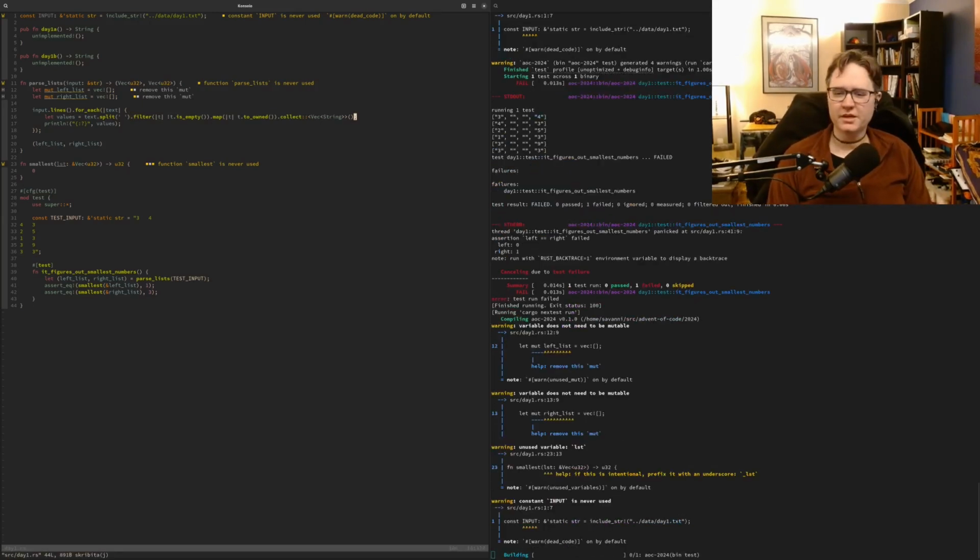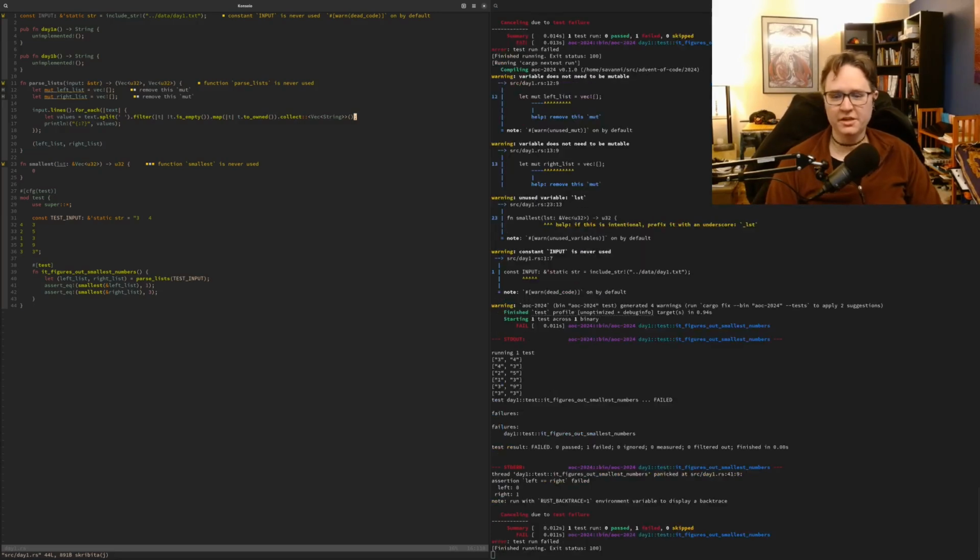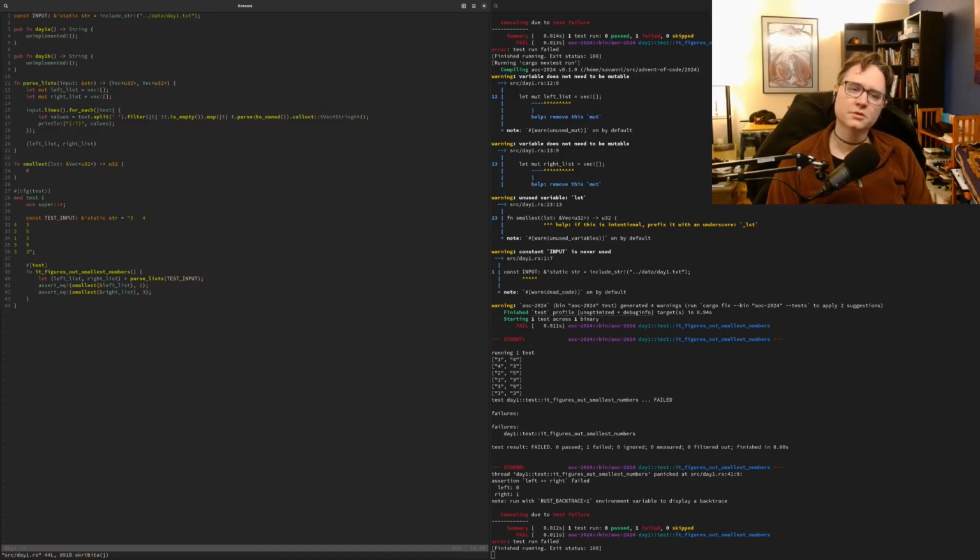And then because I just haven't done enough in a single line, I'm going to convert each one of those into a number. So let's see here. I do this very rarely. I think it's t.parse u32.